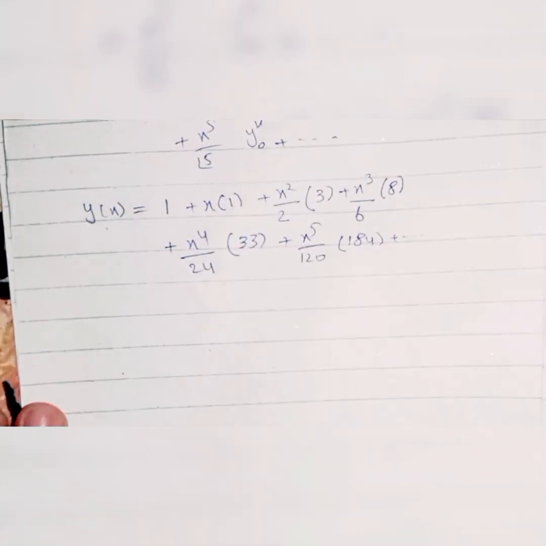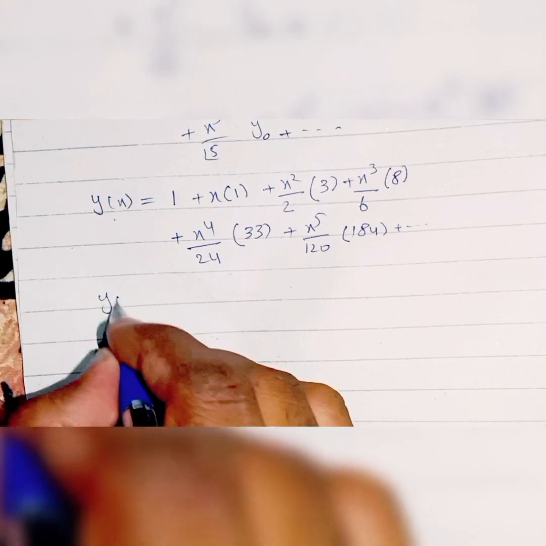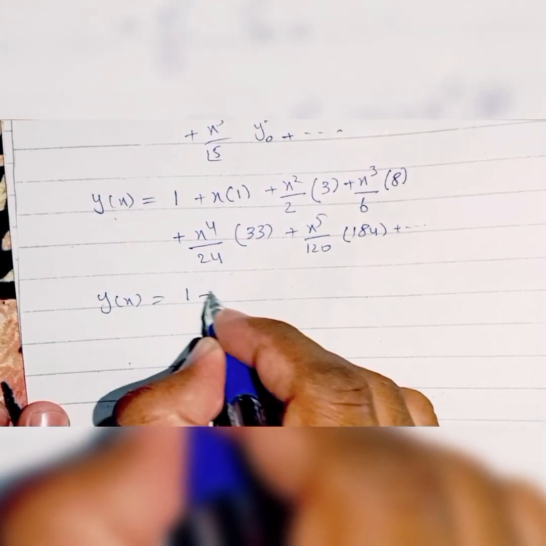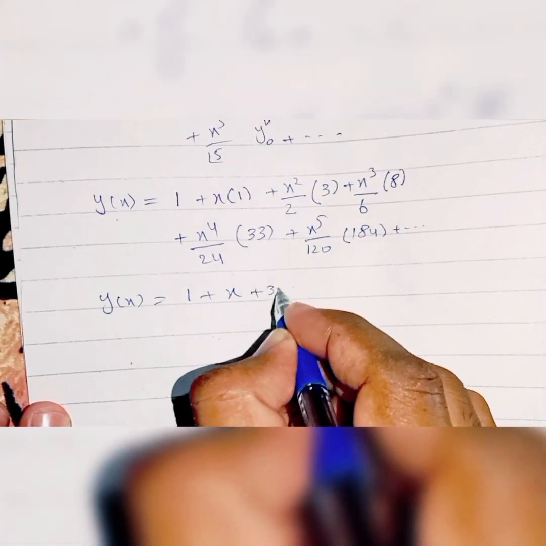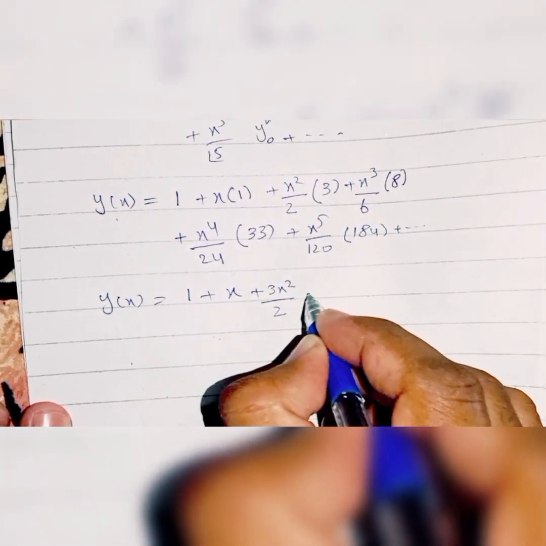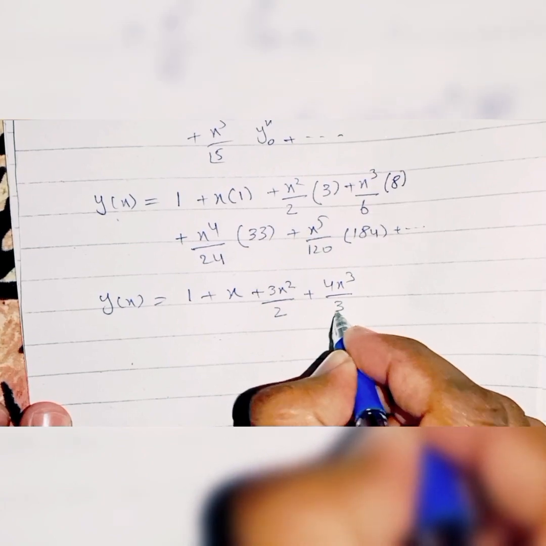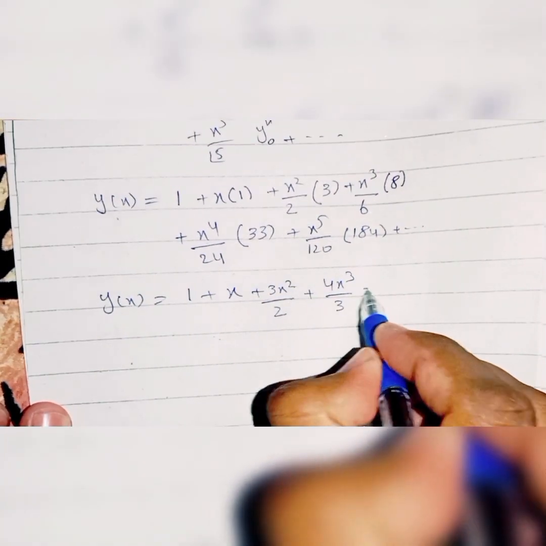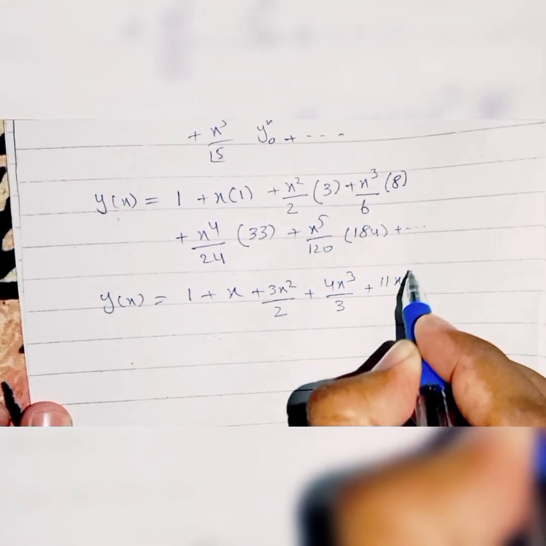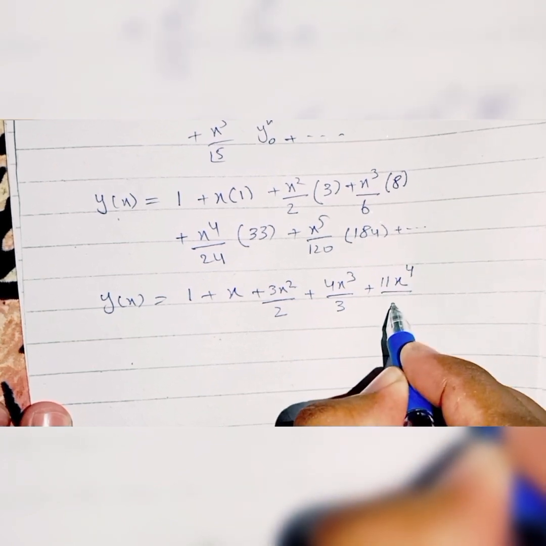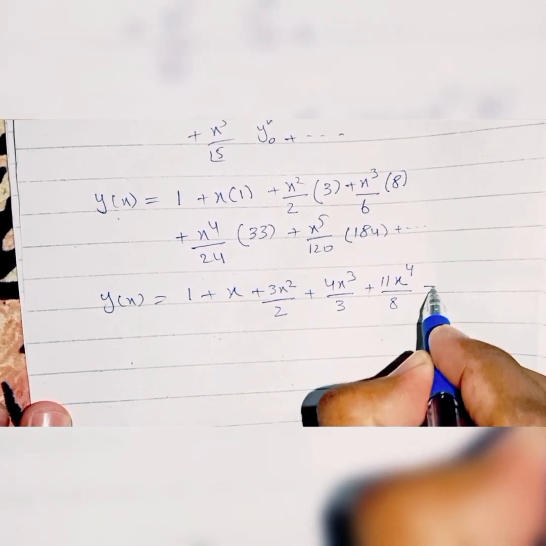After simplifying this expression, we have y of x is equal to 1 plus x plus 3x square over 2 plus 4x cube over 3 plus 11x to the power 4 over 8 and plus